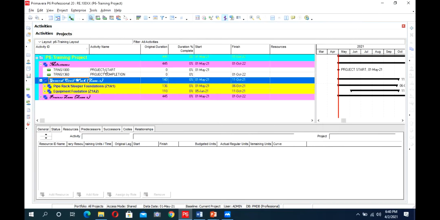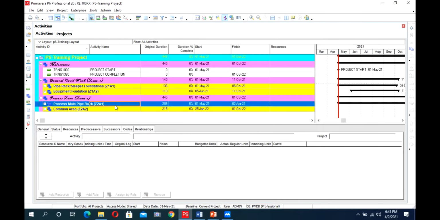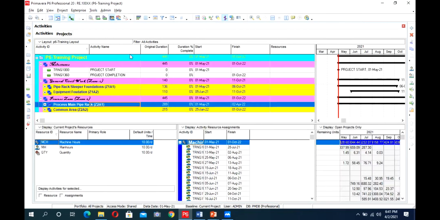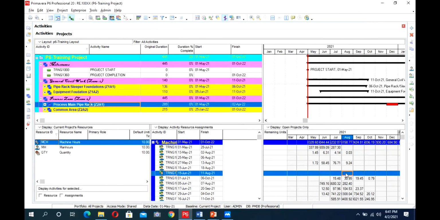Yes, Mr. Umer. Is there any procedure, because before this you showed the resource user profile, to check whether our resources are over allocated?